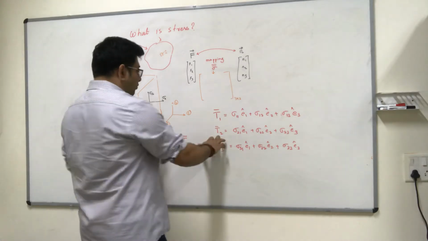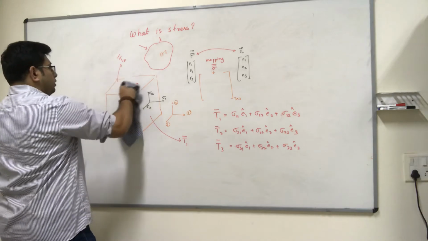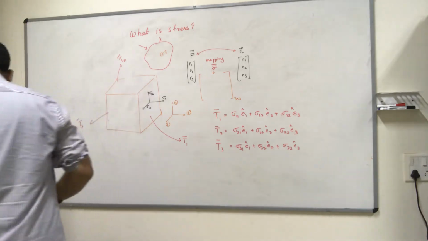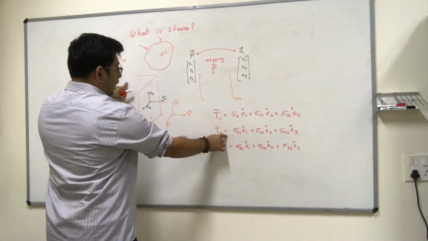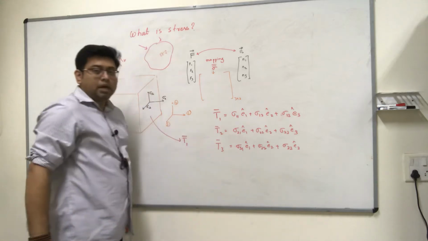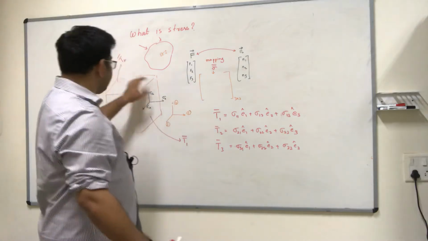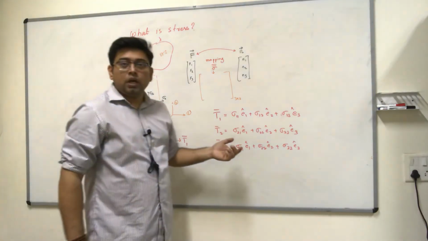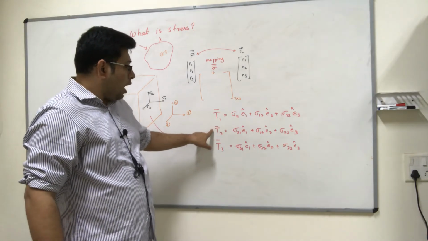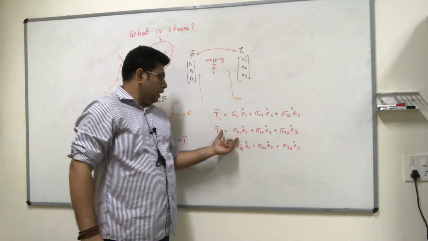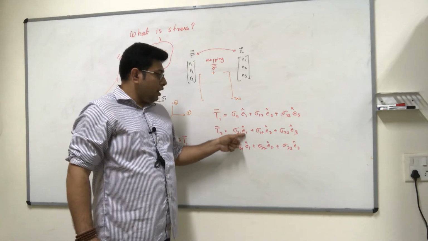Similarly, on the surface that is facing the 2 direction, there is some net force that is acting on it, and that force, it's a force on a surface, and that is called a traction force. So I have here written a T2 with a vector sign bar, and I want to write my equation such that this T2 bar is equal to sigma 21 E1 hat, sigma 22.